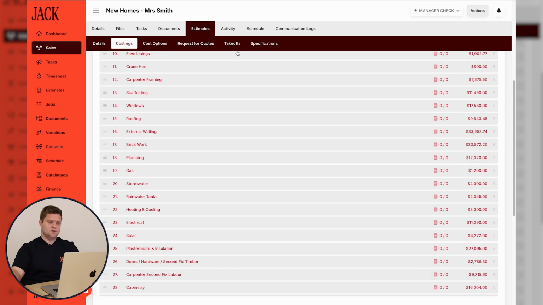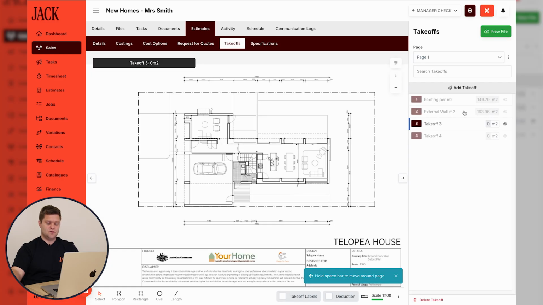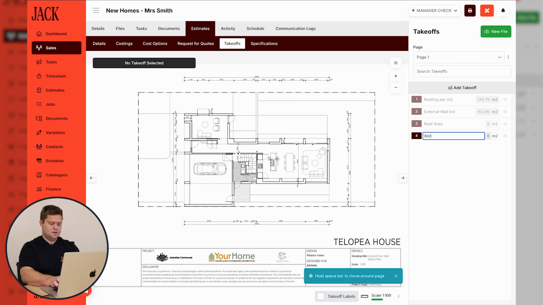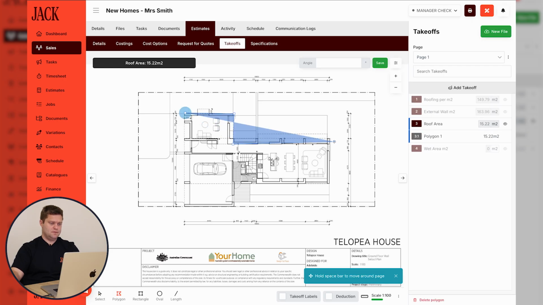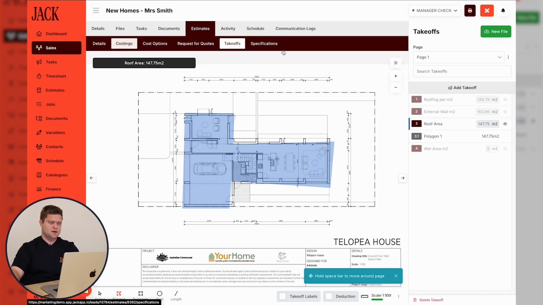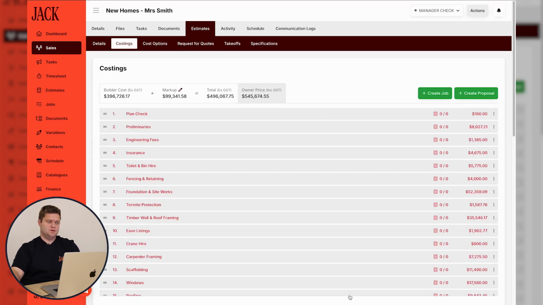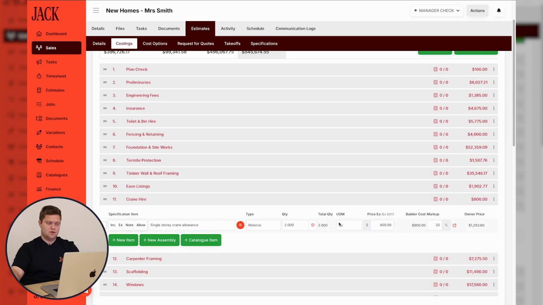Or let's say you wanted to do a quick down and dirty estimate and it's based on different square meterage of the home. So you could have literally in here the external wall square meterage of the house, the roof area, and then you might have wet area meters squared. So if we then did the roof area here, again, that could link to multiple different cost items for you to do a quick estimate, and you could just do those 3 takeoffs, drive the whole estimate here, and it could even link to crane